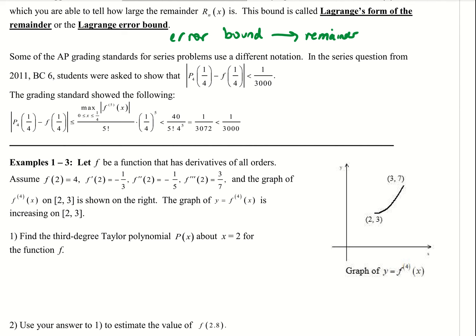Or they might ask something like this. This was an old AP FRQ way back from 2011, and there was something like this on there. Students had to recognize that this was another way of talking about error. This was another way of talking about error, that our approximation from a partial sum of a Taylor polynomial, this